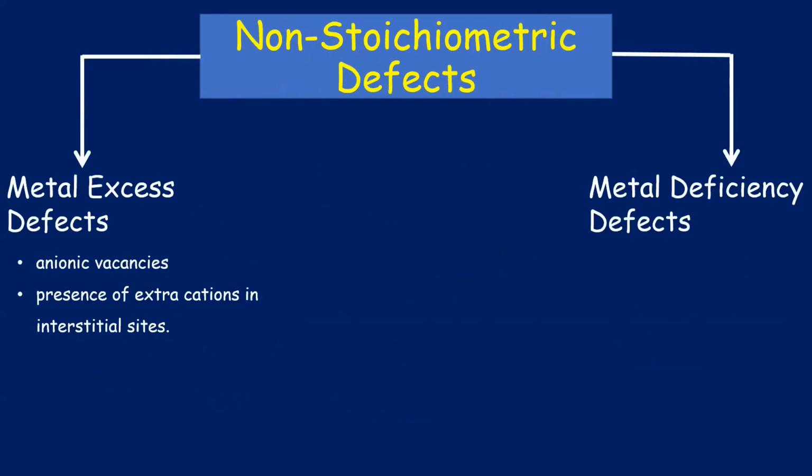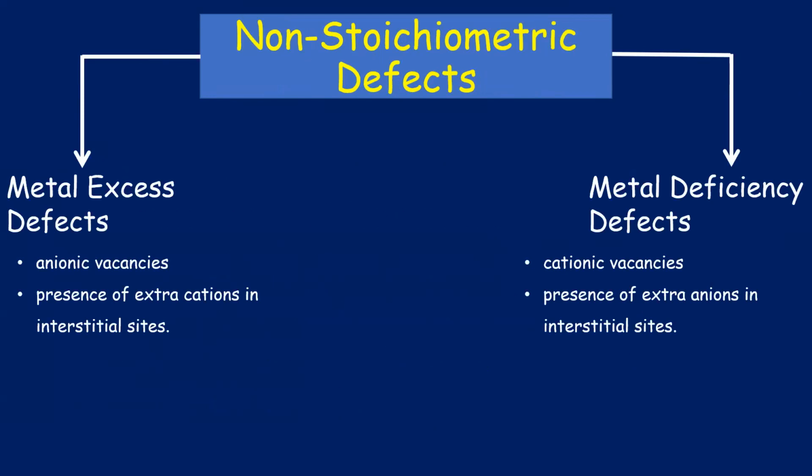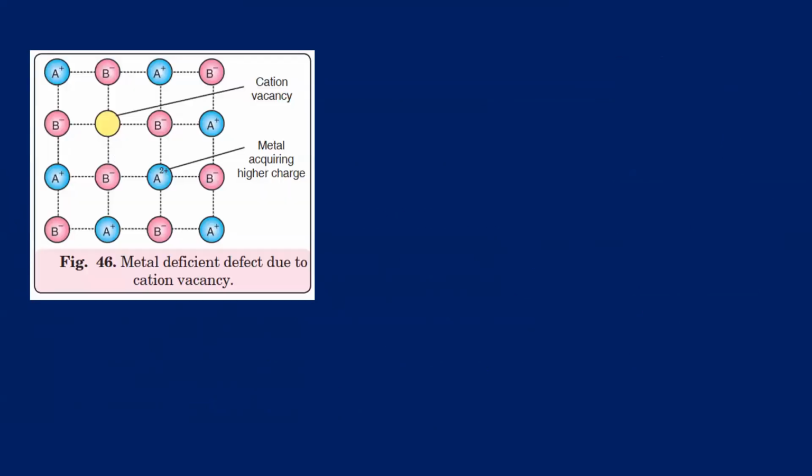Now we are going to look at the metal deficiency defects, with cationic vacancies and the presence of extra anions. So here we have a metal deficiency defect due to the cation vacancy. Now since we have cation vacancy, what is going to happen? You are going to have a hole. You will never have a proton. You will have a hole. Now how will you balance charge? You will balance charge by increasing the